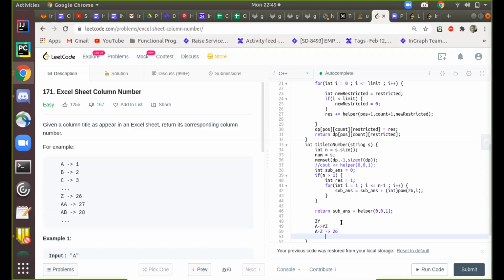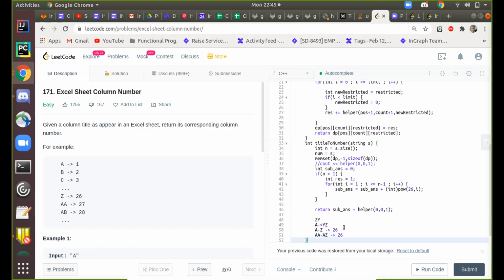And then we'll have AA to AZ, that also would be 26. Then this way we can get to YA to YZ. So I've just done that in this, added and multiplied by this 26.